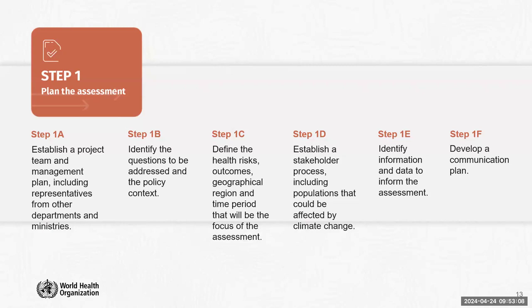So who is going to be involved? And this, we always say, it should include the population that could be affected by the problem we are trying to consider here. And then we identify the sources of information and data that could help us to shed light on what we want to assess. And then we come to develop a communication plan that will be used throughout the assessment to inform both decision makers and communities interested and involved, affected by the problem. Next, please.